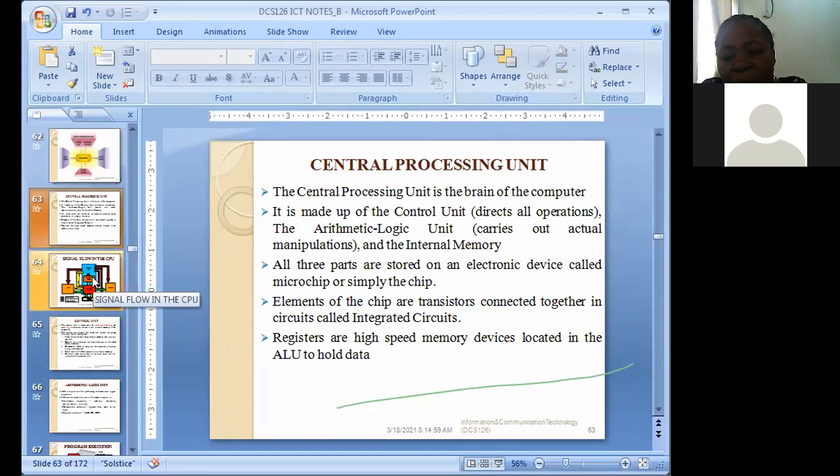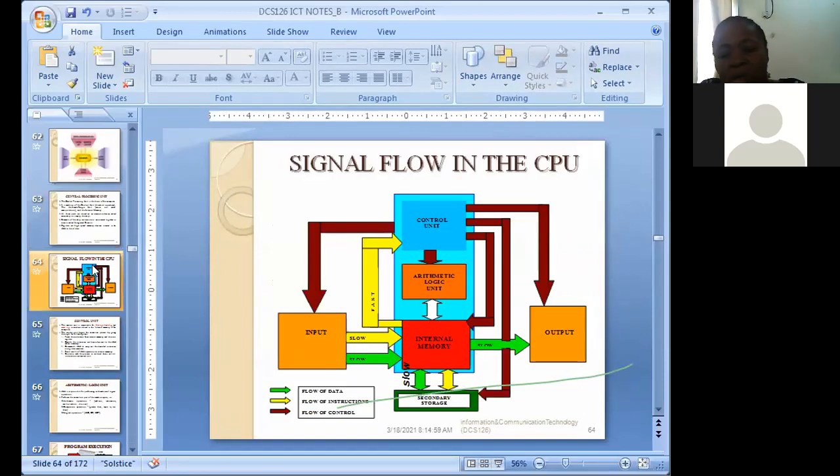And then here we are right now, talking about the signal flow. How do signals flow in the CPU? We first established that the control unit is the brain of your computer, the brain of the CPU. That is where every input that comes in as data or instruction